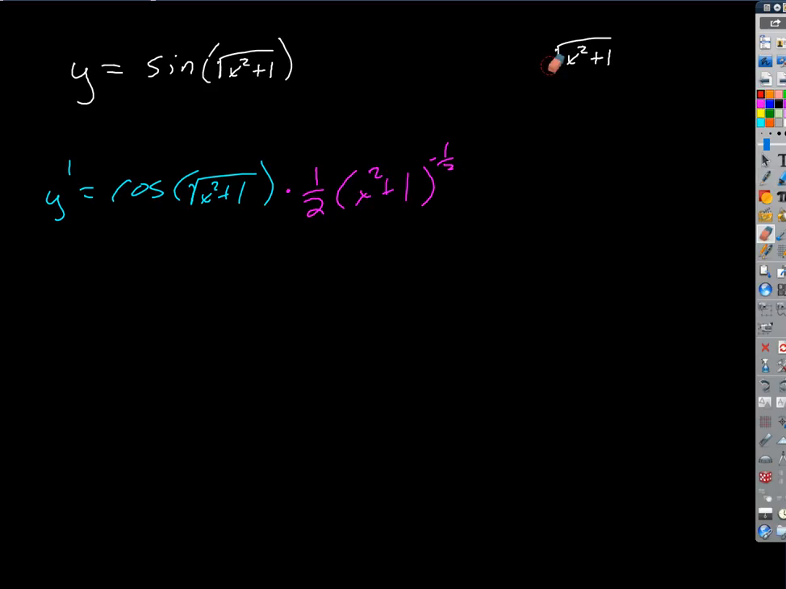We can erase the radical. That was our next layer. And then finally, 2x. 2x. Okay, so